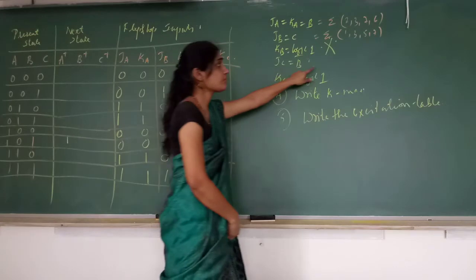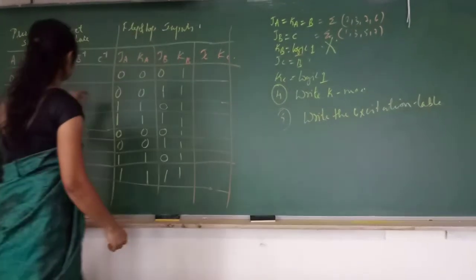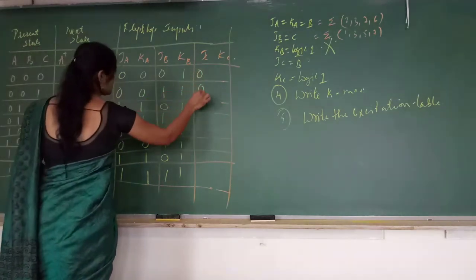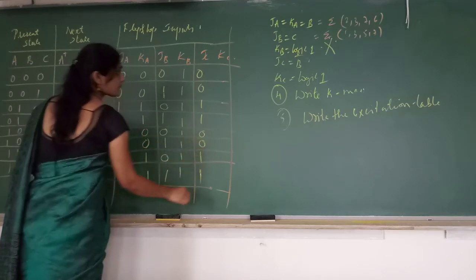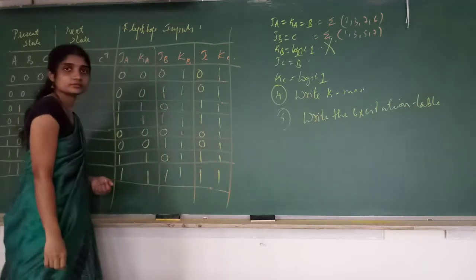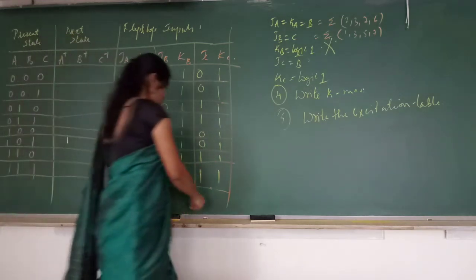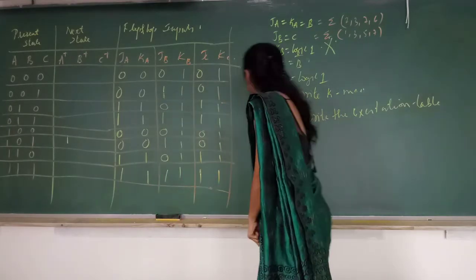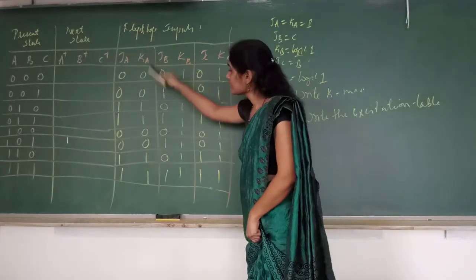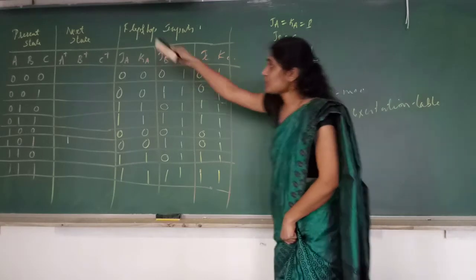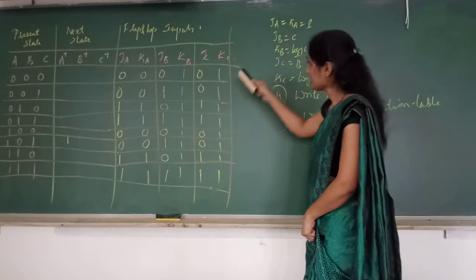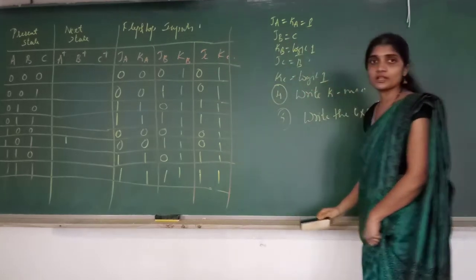Now JC, I don't have the min terms now. Let me write. JC is equal to B. Write B: 0, 0, 1, 1, 0, 0, 1, 1. What is KC? KC is logic 1. So write 1, 1, 1, 1, 1, 1. Okay. So looking at these equations, you write it. KA is equal to B, no? Same B you write. JB is C, copy C. KB is logic 1, write 1 for all. JC is B, write B. KC is logic 1, write 1.